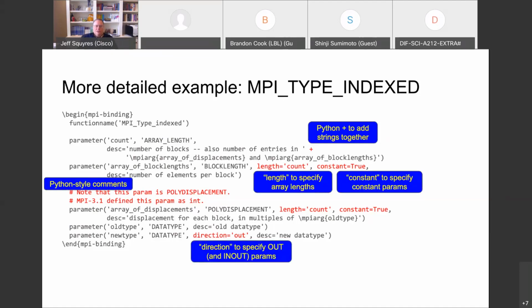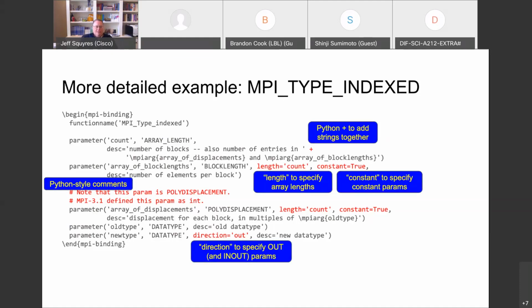So for example, there's a Python plus to add strings together, because my description of the count parameter was long. It spanned 2 lines. I could have just kept going, but I chose to break it over 2 lines and just use the plus to add 2 strings together, because that's completely valid to do in Python. Cool. A couple more parameters to the parameter function.